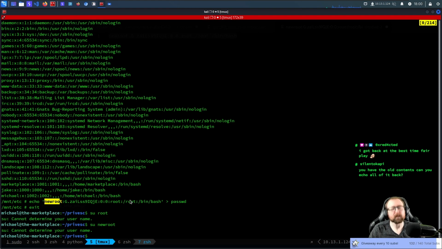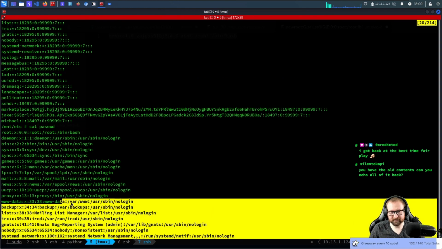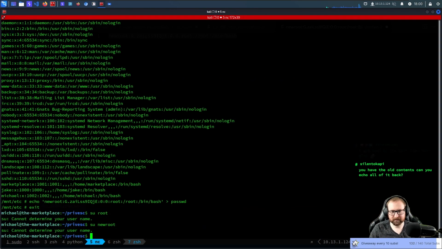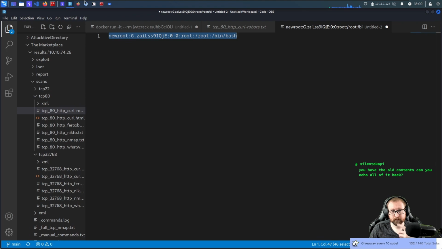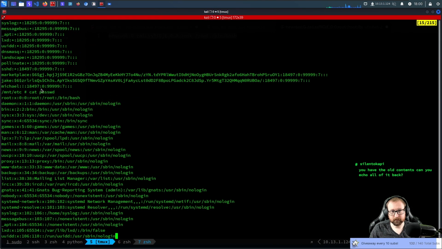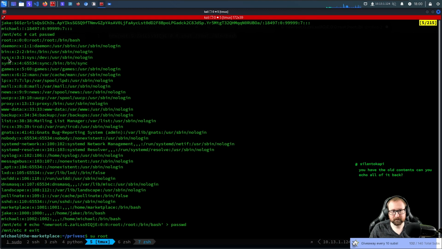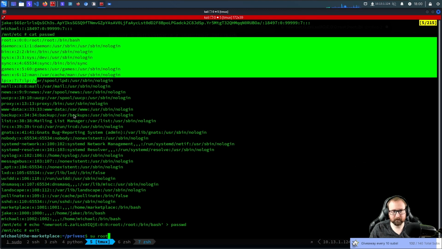Can you echo it all back? No, because we're no longer in the Docker container, and the system doesn't know which user I am right now. If I try and run this, oh, maybe. Okay, let's try it. I might be able to rescue this thanks to some quick thinking.